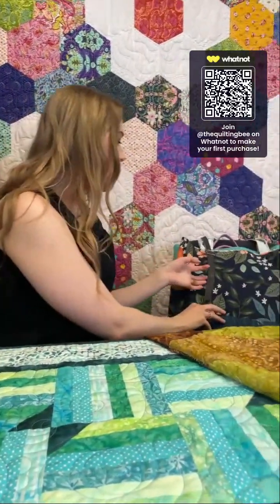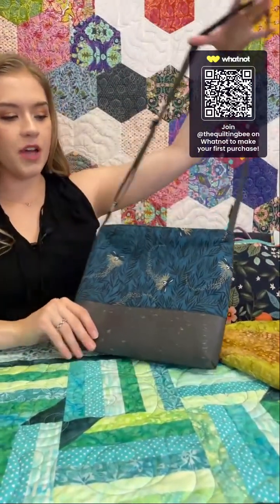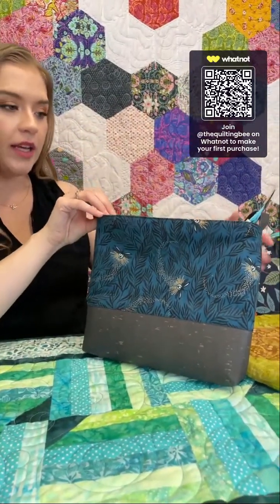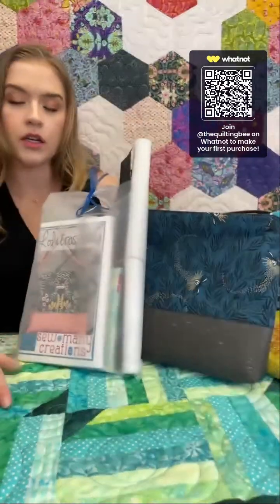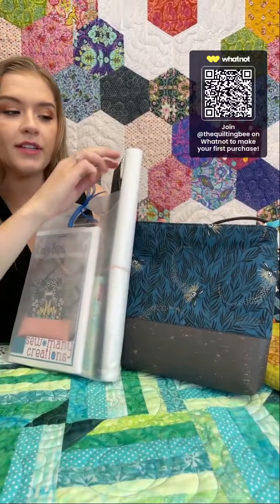Okay, so first up, let's go through some of our bags. We love different bags here. So first off, we've got this one here. This is the Lola crossbody. And while we do have kits for pretty much all of these, we should also have the pattern as well